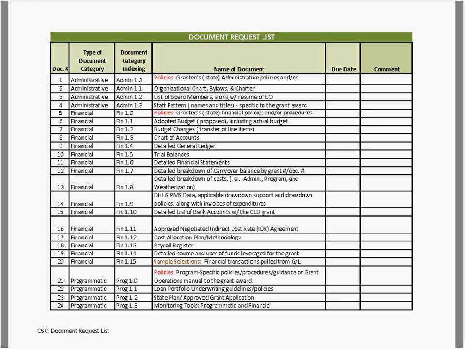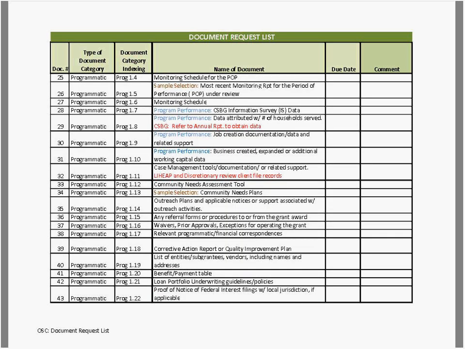The document type describes the type of document that we're requesting. For example, we ask for policies from admin, finance, or program. If you scroll down, you'll see the various types of documents that we request. When we perform a pre-monitoring analysis, we have all the documents.